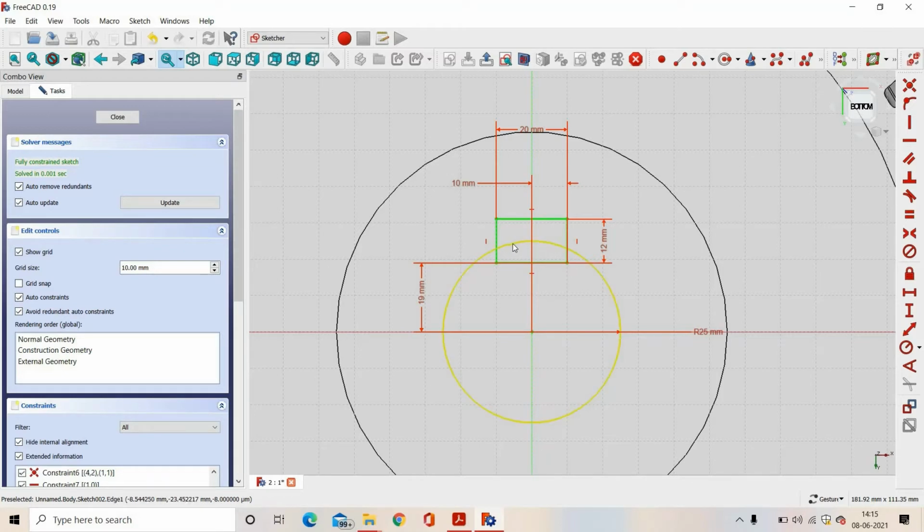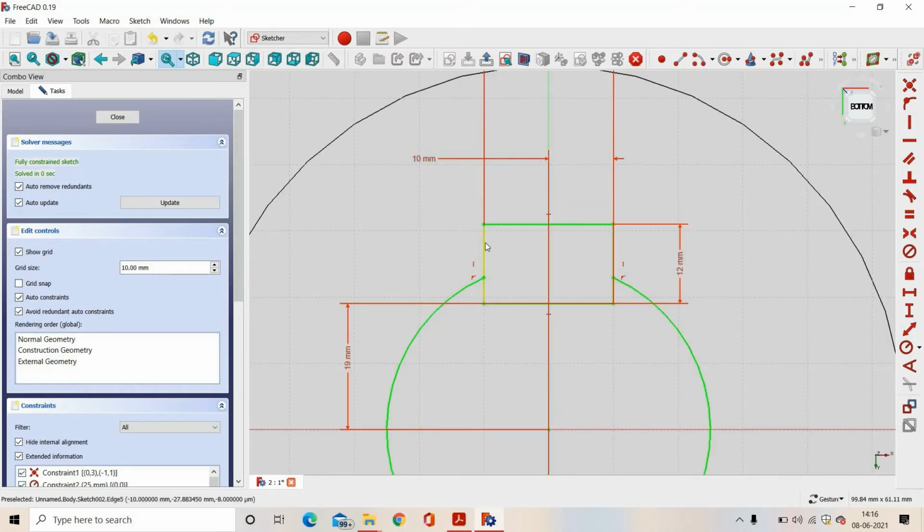So now we will trim this part of the circle. Now we will select these three lines, 1, 2, 3, and we will convert these three lines into construction lines.